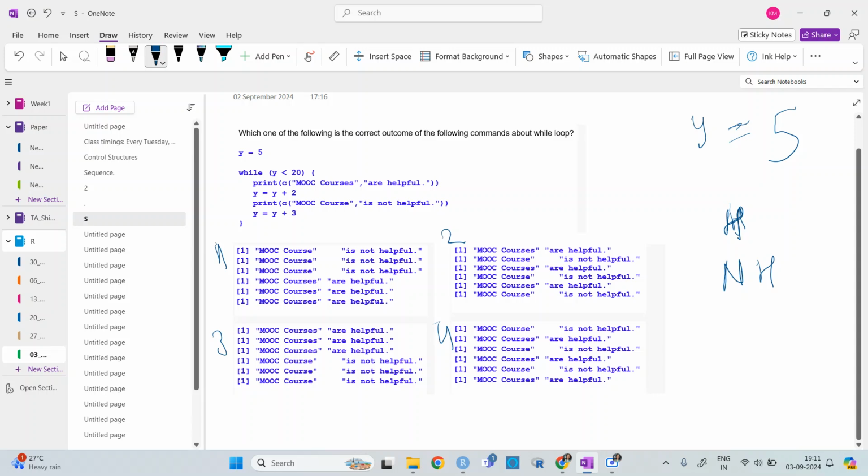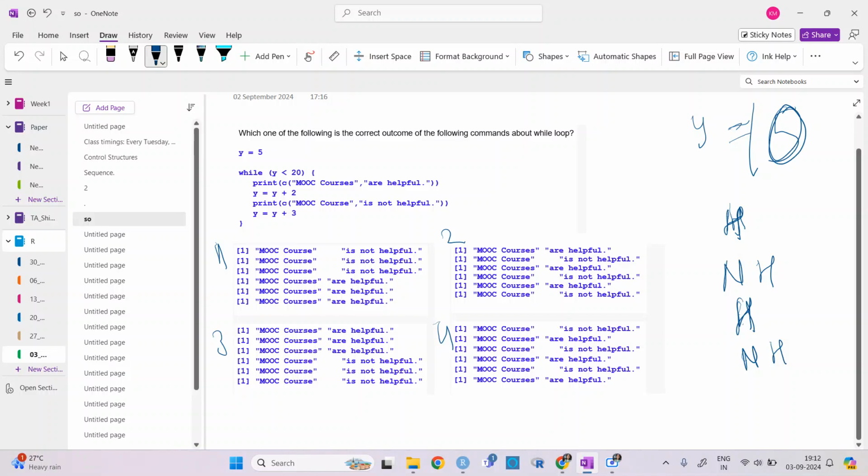Now y is equal to y plus 3, so y is 7 plus 3, 10. So 10 is less than 20 again. So it will print h, and then y is 12, so it will print nh.